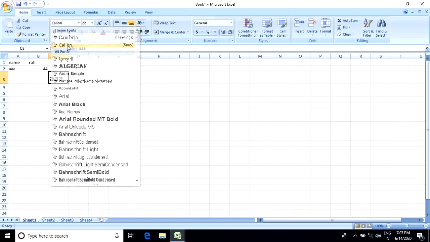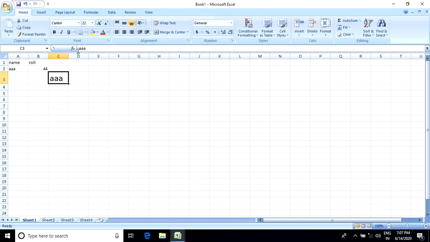Here we can select Calibri. Okay. Now bold, select bold, italic, and you use underline. Okay, in that format. Shortcut key, look at here, unbold.